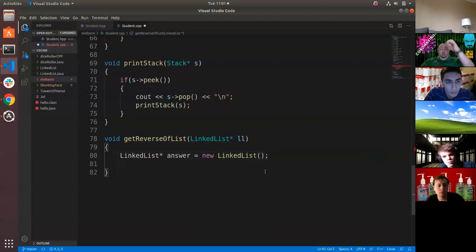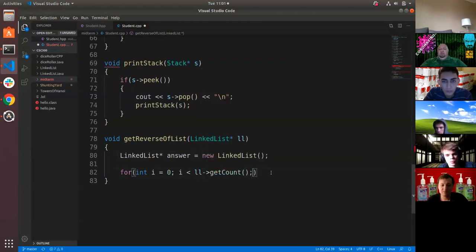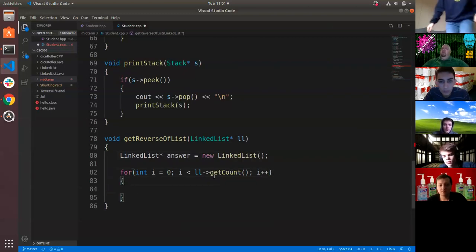And then we're going to go ahead and go through every element of our current list. So we'll say for int i equals 0, i less than LL get count. That's a reasonable function, i plus plus. All right, so we'll go through every element of our first linked list, and we're building our next linked list